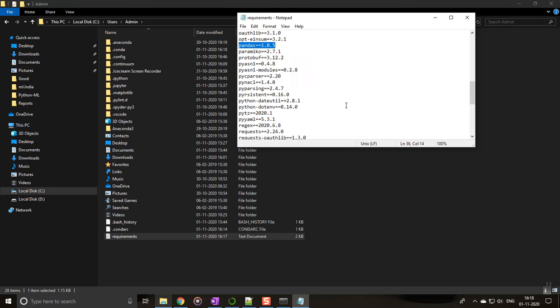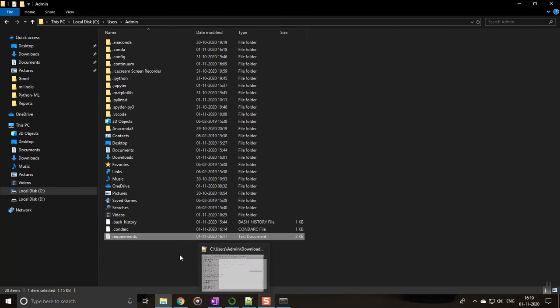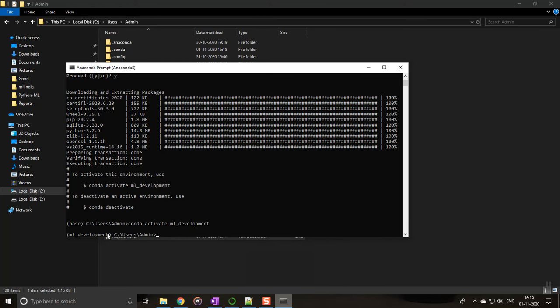So there are a couple of packages which I have added here extra also. We will let you know later what each and every package will be used for and where. I have listed all the packages with the versions which I'm going to install in that newly created environment. I have placed this file here because the environment looks in the user folder. Otherwise, we can even change the path to point to wherever you are placing the requirements file. And to install this, we can use